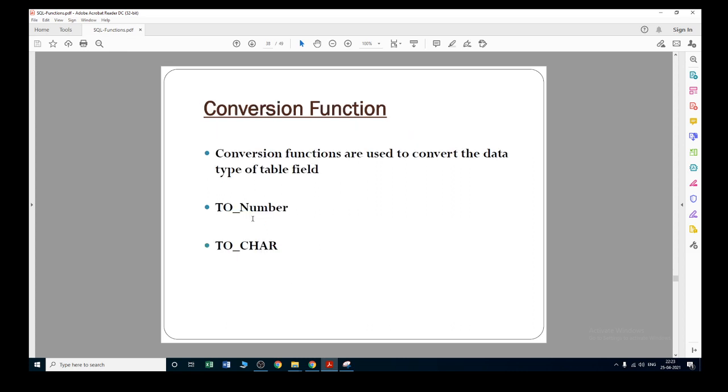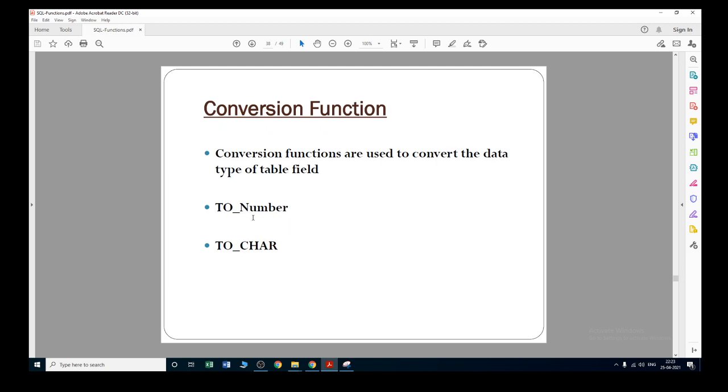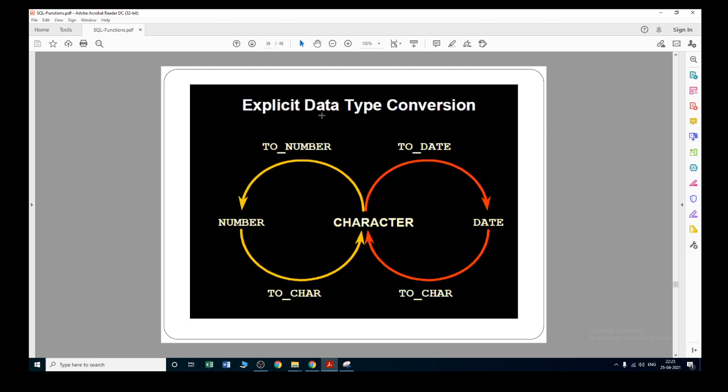Conversion function, to number and to char. Explicit data type conversion from number to character and to date. When converting from number to character, you have to use TO_CHAR.